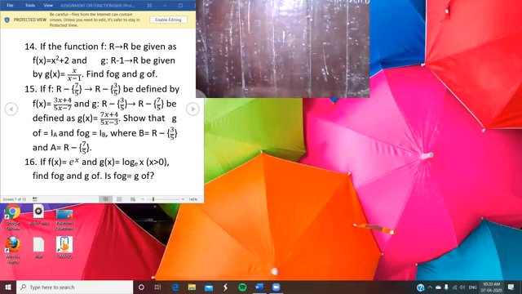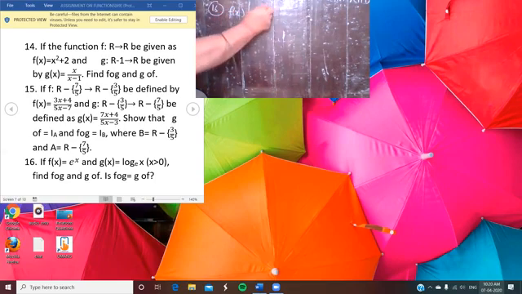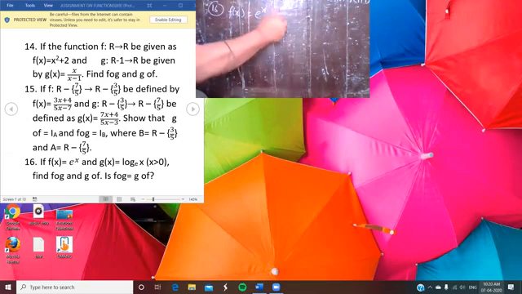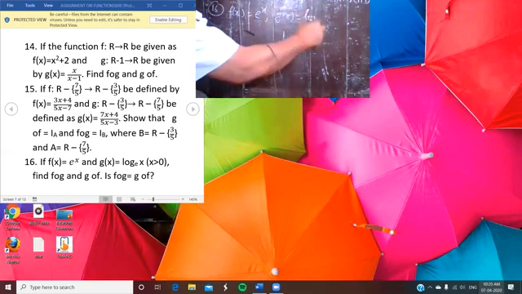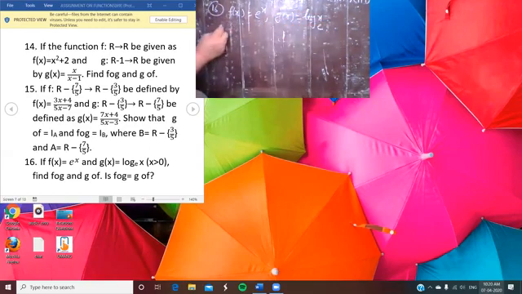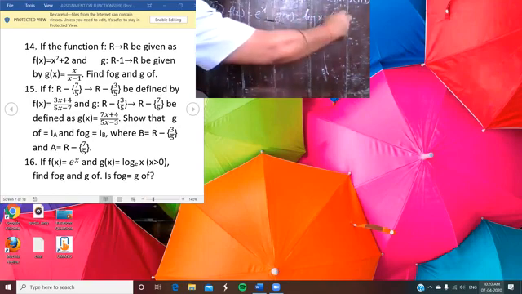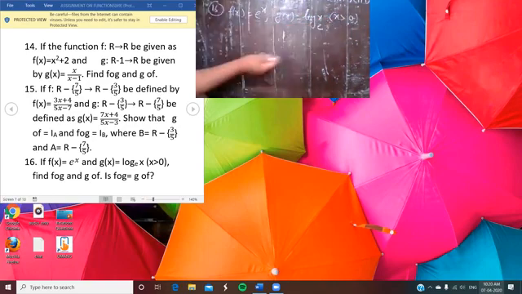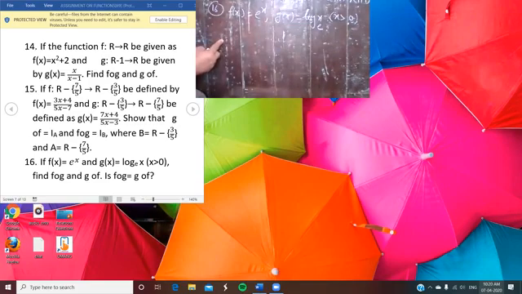Now, question number 16. Question number 16 is f(x) is equal to e to the power x, and g(x) is equal to log x base e, and x greater than 0, that is given, meaning the domain is already decided here. And you have to find the value of fog, gof, and also you have to check whether the two functions